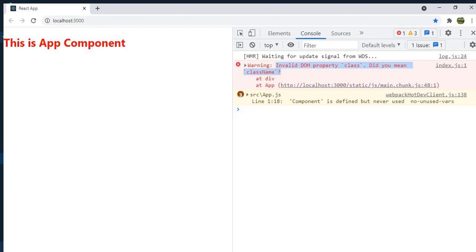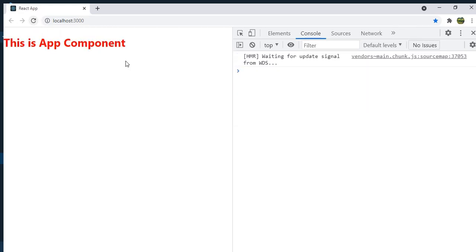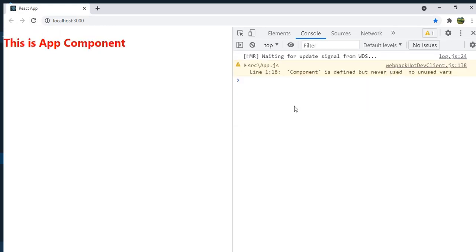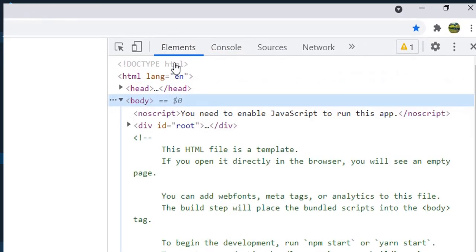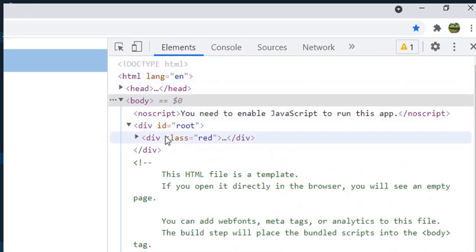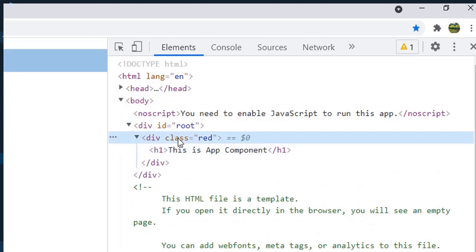Now if we go and see, you don't see any errors or warnings, right? But how is it converted, whether it is className or class inside the DOM? If we go and see the div root now, you can see class.